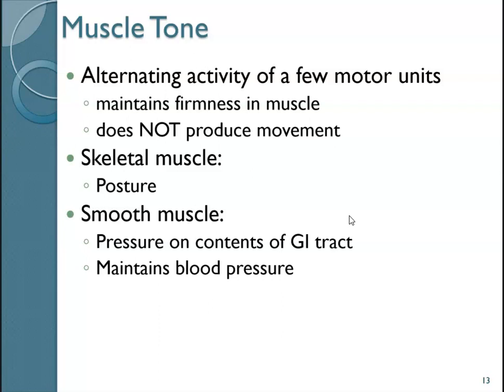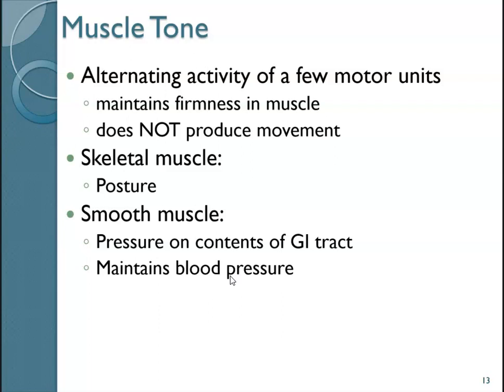There are gastric juices. They can create a pressure inside. They will cause a tension on the walls of the stomach, but the stomach will partially contract, which helps to maintain some firmness, which prevents it from kind of bursting open. Similarly, blood pressure is pressure exerted by the blood on the blood vessels, so they will also remain